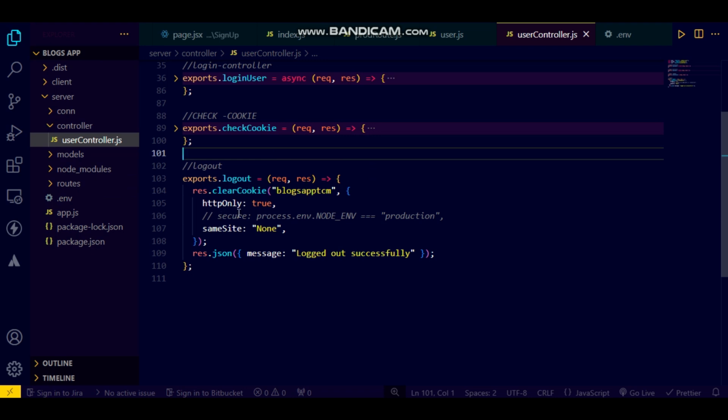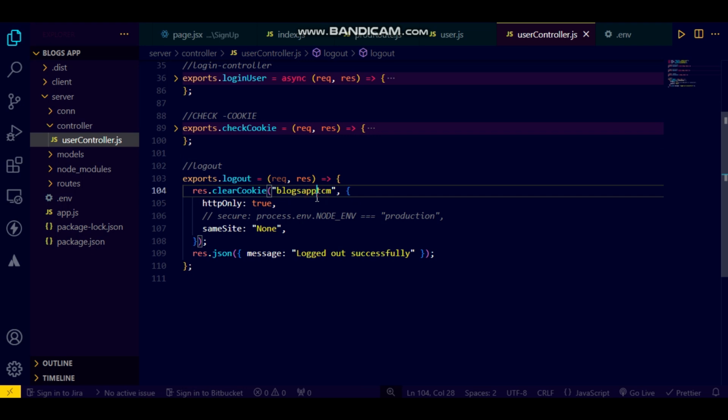So these are small APIs, that's why I'm not wasting time showing the things again and again. I'm just explaining them. It's a very small API. So I can say response.clearCookie, what I want to clear is the cookie blogs app TCM, which is actually stored in the cookies of my application, and httpOnly should be true,